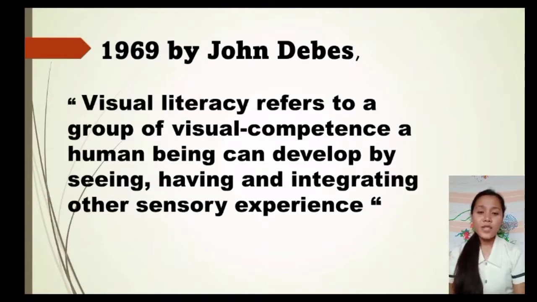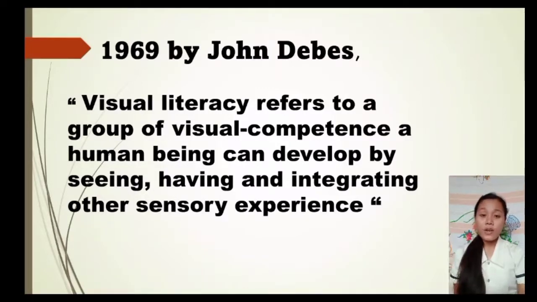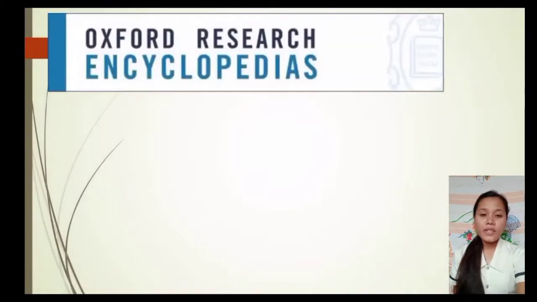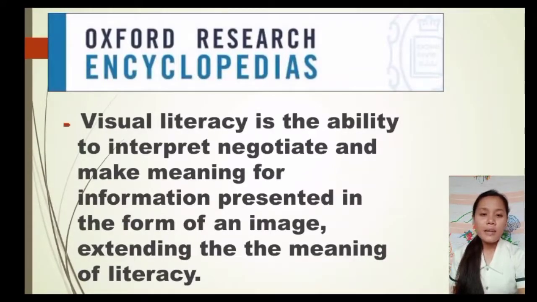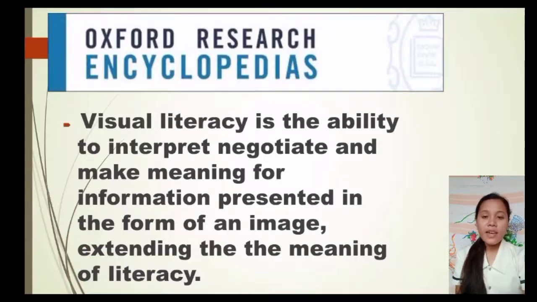Gibbs explained that visual literacy refers to a group of vision competences that a human being can develop by seeing, having, and integrating visual sensory experience. According to the Oxford Research Encyclopedia, visual literacy is an ability to interpret, negotiate, and make meaning from the information presented in the form of an image, extending the meaning of literacy, which commonly signifies interpretation of written text or printed text. It is therefore based on the idea that pictures can be read